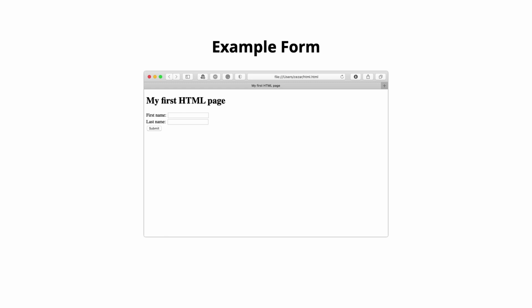When you click on this button, the data is going to be sent to the server somewhere. Not in this case though, because we haven't configured a server to process the data. But just so you know, that's the job of the submit button, and most forms out there have at least one button. Now let's look at a few more inputs, namely, we'll take a look at the radio button